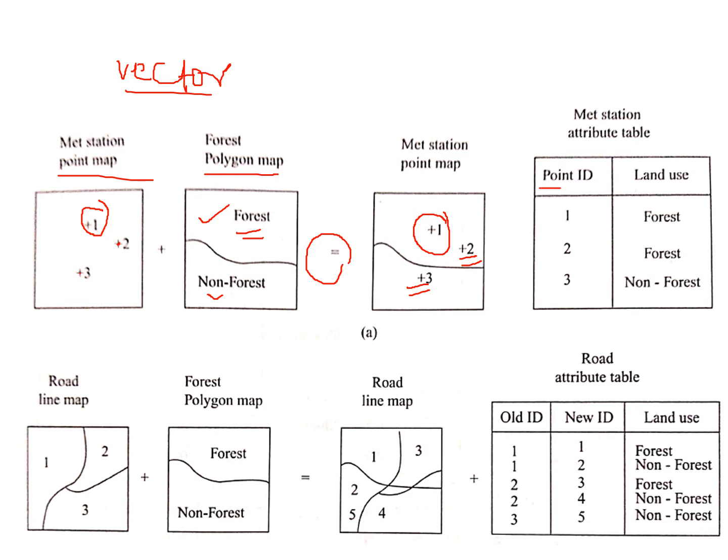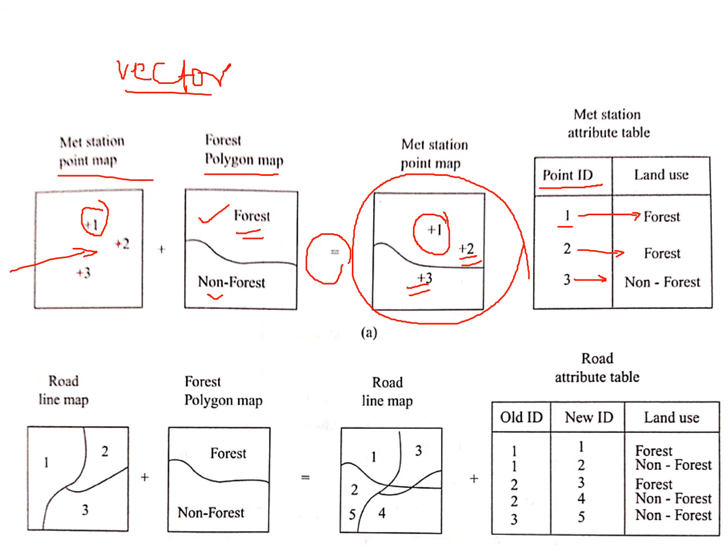Okay, so the point ID which is shown as 1. Here you can work out the new characteristics of this: 1 belongs to forest land. In the first layer, you don't have this kind of information. In the 2, you get the characteristic that it is coming into the forest area, and the third is coming to non-forest area. Okay, so from this it is very easy to understand,